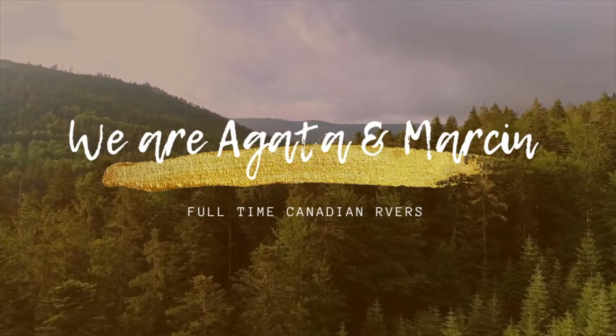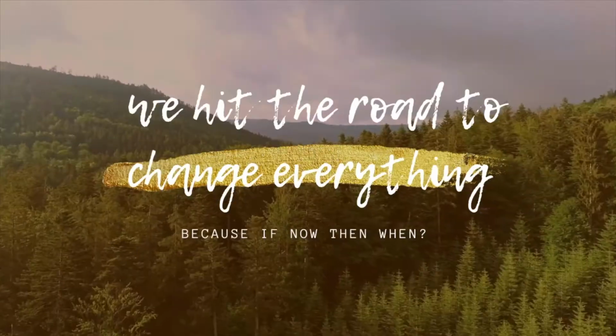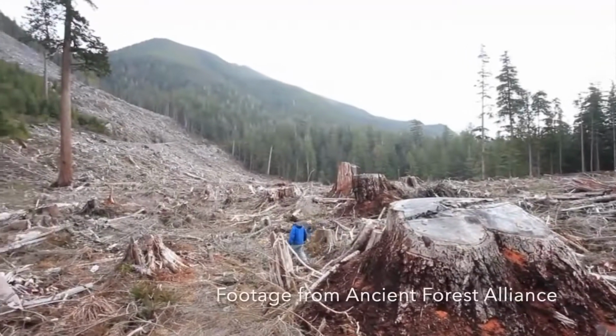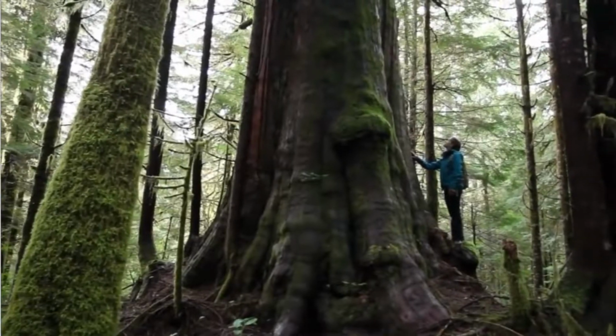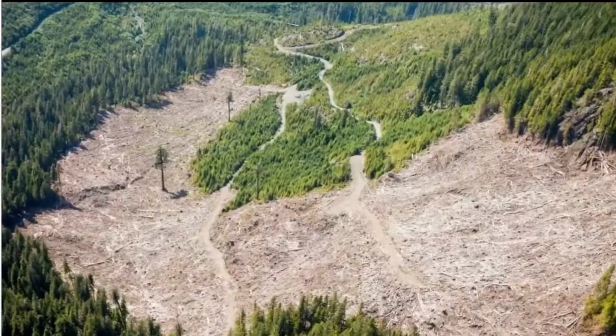I guess the reason why Big Lonely Doug has such an impact is because it's the only tree that was left in a clear-cut zone. So you see, it's very unique, and I don't know the story about why they left him. It really stands out. Like in Cathedral Forest, they were all tall, and